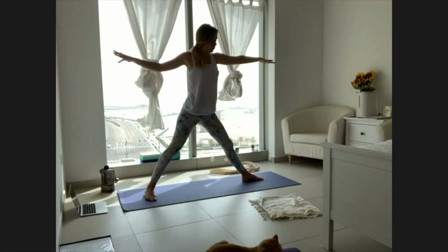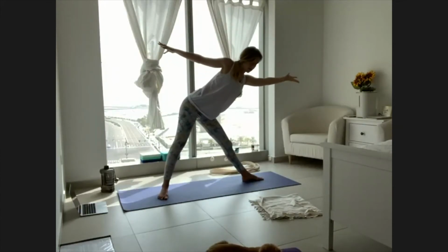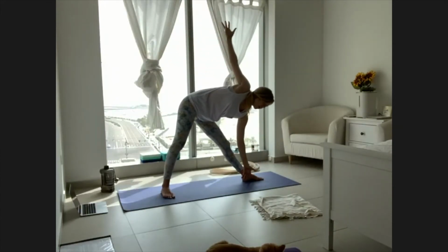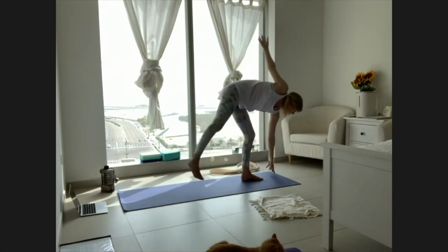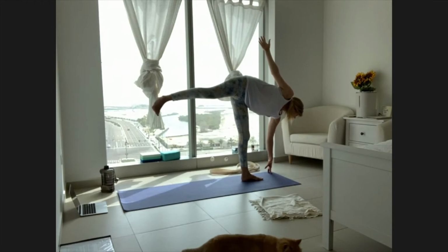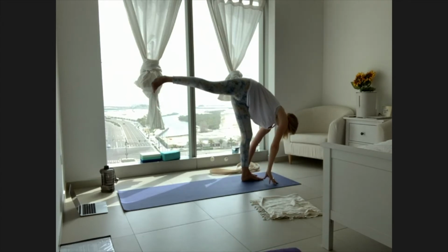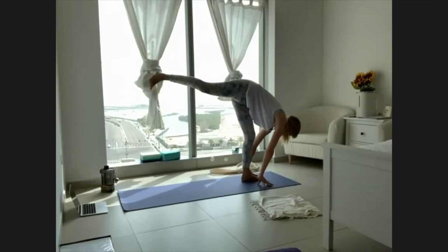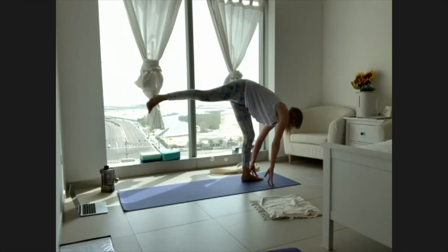Lengthen through the left leg, walk your right foot in. Hinge forward. Take your left arm alongside your left leg, and then maybe staying in your Trikonasana, maybe shifting your weight onto your left foot and your left fingertips. And then plant your right palm on the mat. Walk your hands back, lift your right leg up, 3, standing splits, 2, and then 1, step your right foot